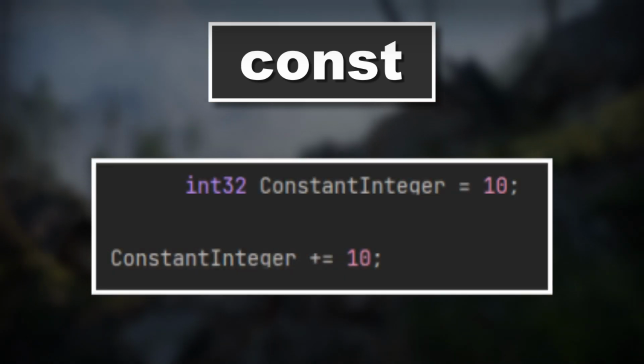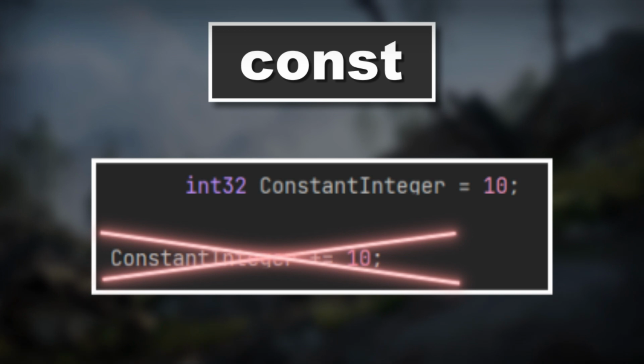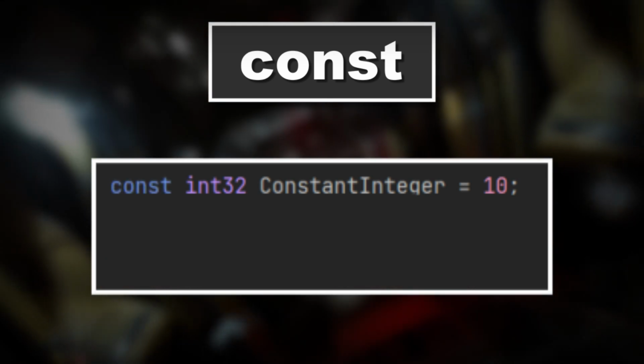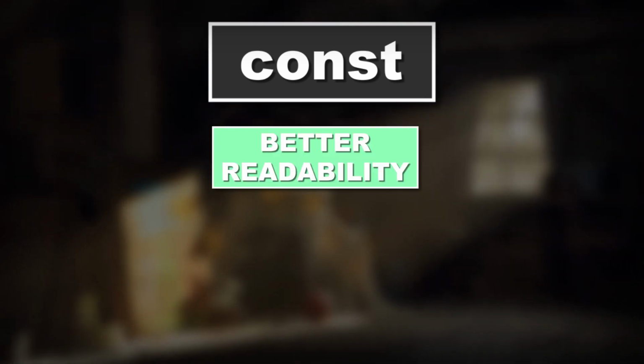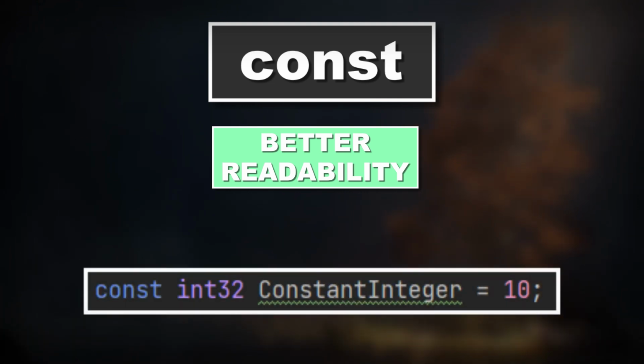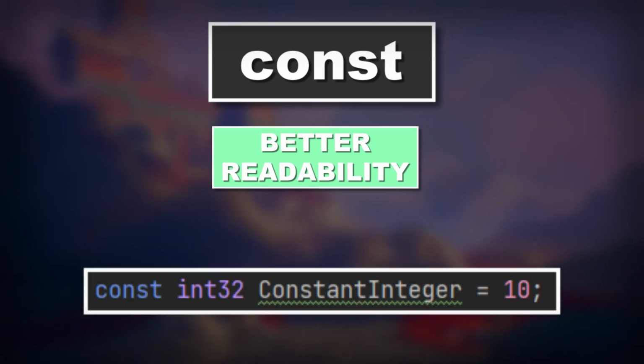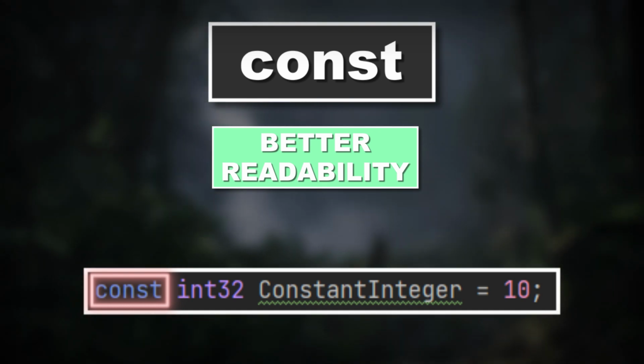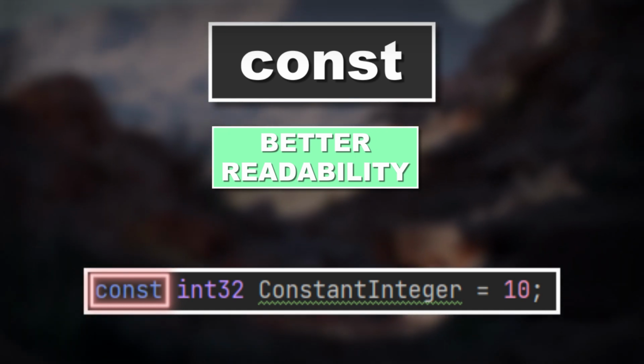So, if you know that a variable should be constant and not changed throughout the code, it is useful to indicate it as such. Of course, you could leave the const keyword away, but using const comes with 3 benefits. First, it increases the readability of your code, because if you move to the declaration of a variable and see that it is declared as a constant, you already know that the value of this variable will not change throughout